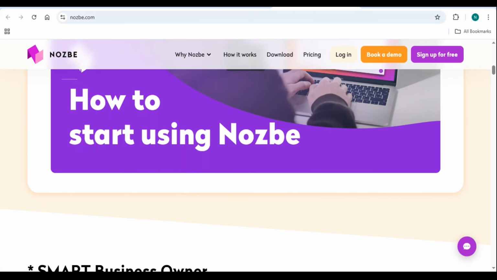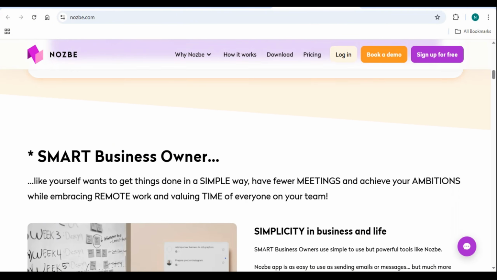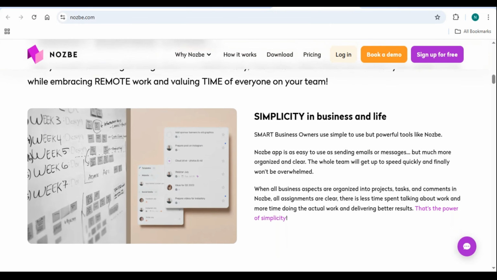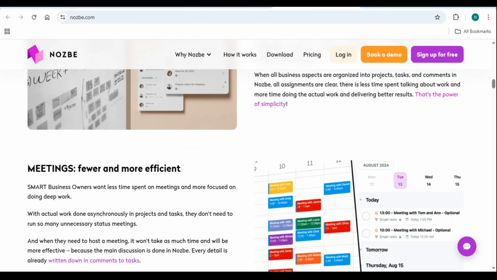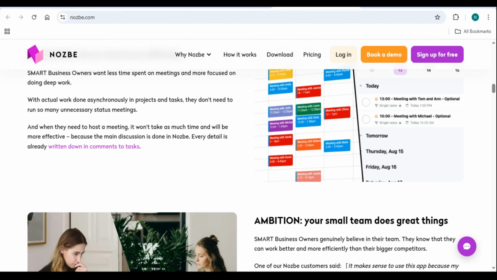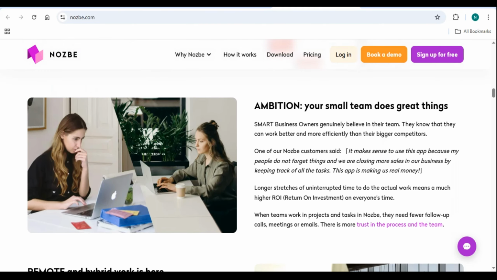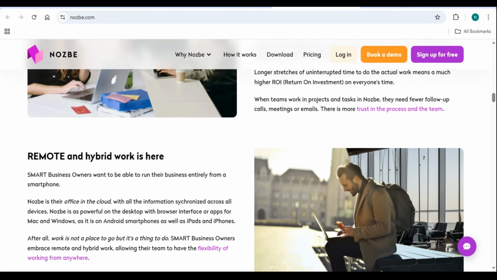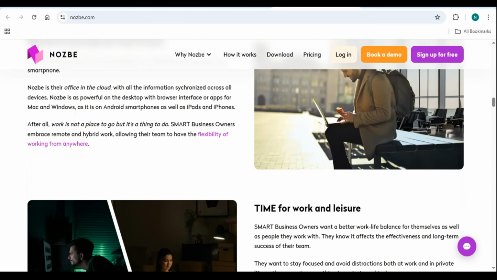In 2025, Nozbe remains one of the most intuitive and effective productivity tools for individuals and teams alike. Whether you are a freelancer managing multiple clients, a business owner running a team, or just someone who wants to get more organized, Nozbe has you covered. This tutorial will walk you through everything you need to know as a beginner: how to set up your workspace, manage projects, assign tasks, collaborate with others, and use Nozbe's features to maximize your